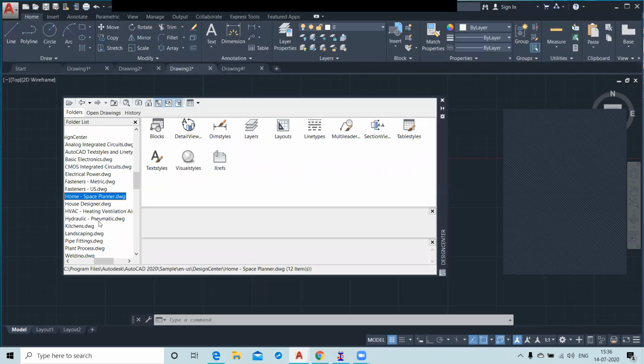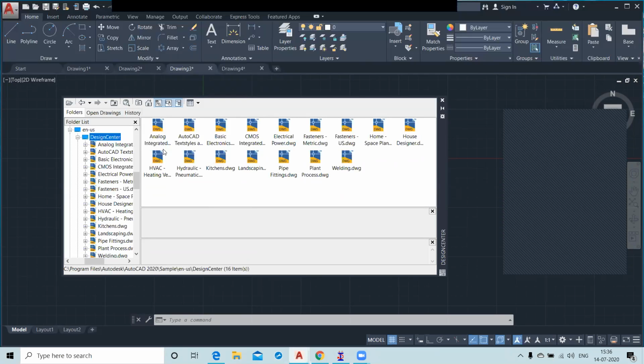From here you can see we have some options of basic electronics, analog and integrated circuits, AutoCAD styles, CMOS, electrical power. These are related to electrical and electronics.